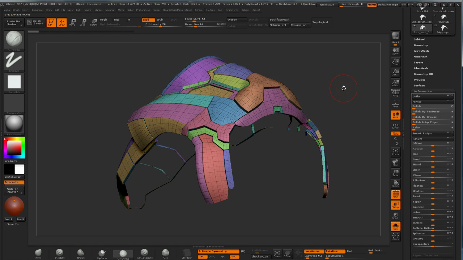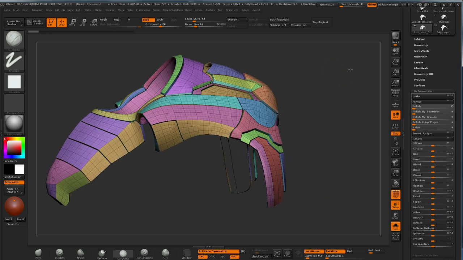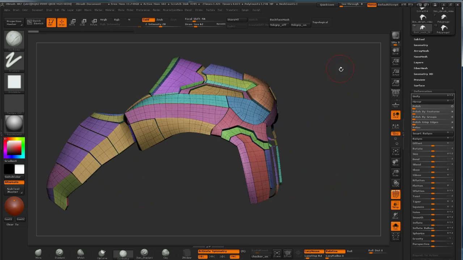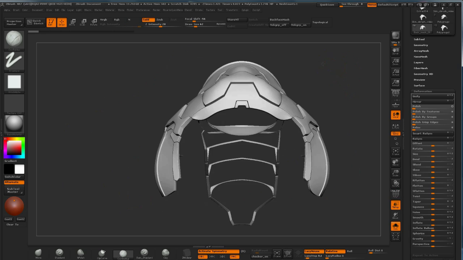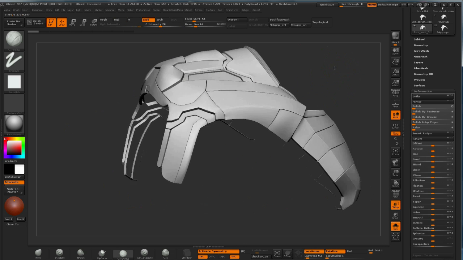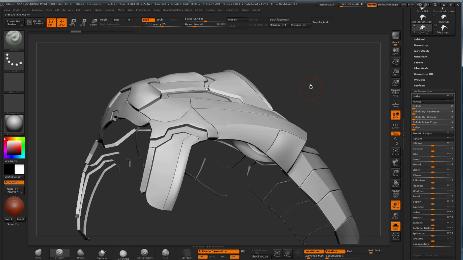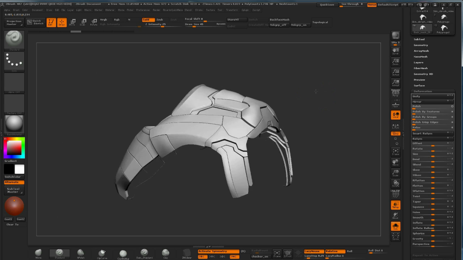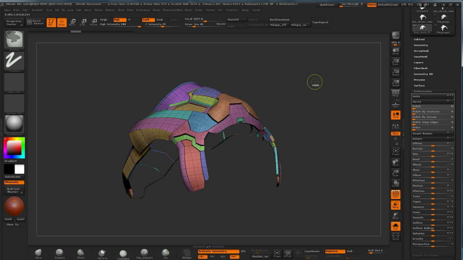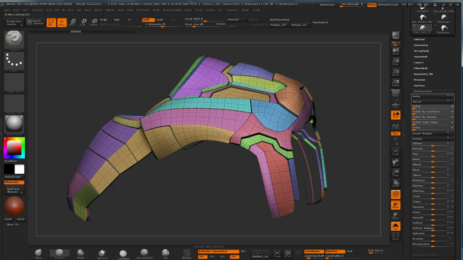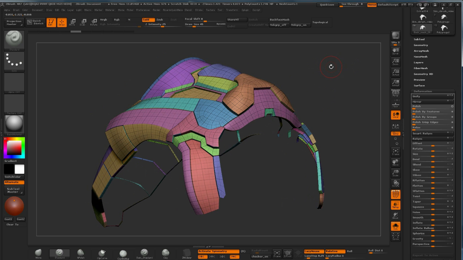Okay guys, I just finished the panel loop positioning. It's looking pretty nice. As you can see, it really looks like a hard surface. It's really good. We can play with maybe destroying the mesh a little bit and everything, but for now it's okay. So once you finish positioning the panels, let's talk about the UVs